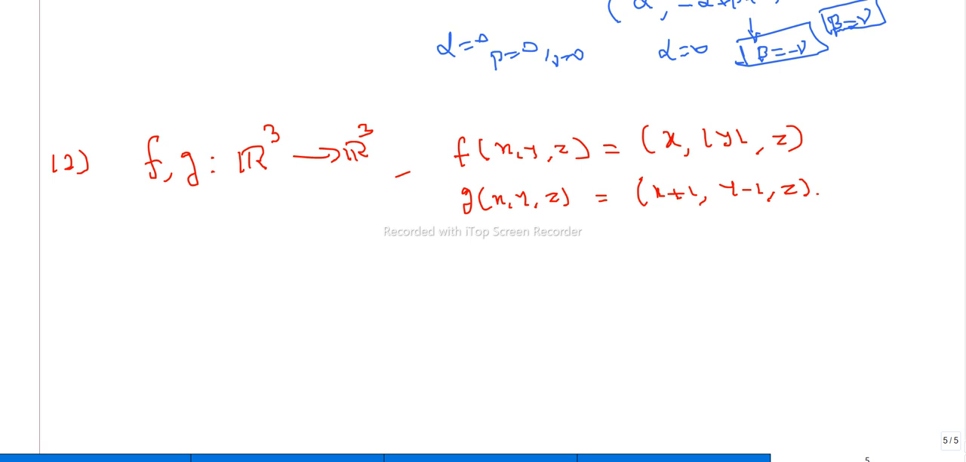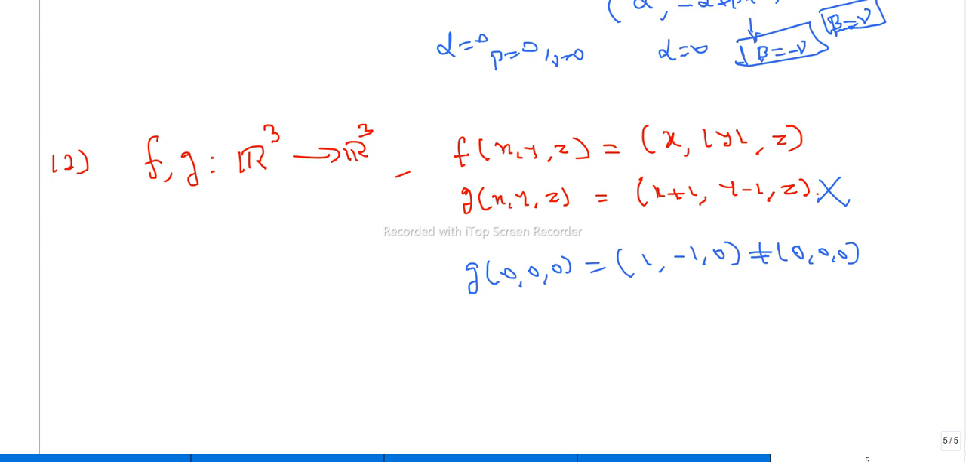A linear transformation always takes 0 to 0. It's a very important basic thing. Any linear transformation takes 0 to 0, but g of (0, 0, 0) goes to (1, minus 1, 0). This is not (0, 0, 0). Therefore definitely g is not linear. If it were linear, it would take 0 to 0, but g does not take 0 to 0. But that is not the only condition,